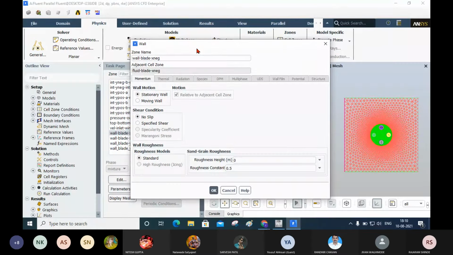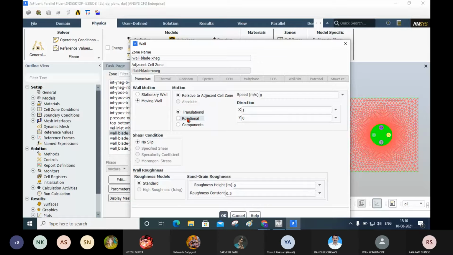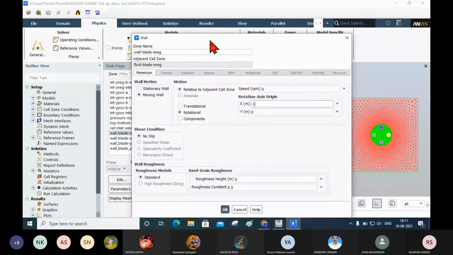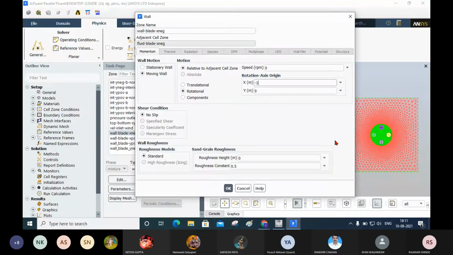So you select this moving wall. What type of motion is there? It is a rotational motion. Now it is on the negative side, so the rotation axis is -1, 0.